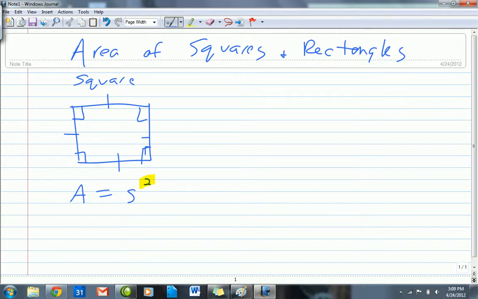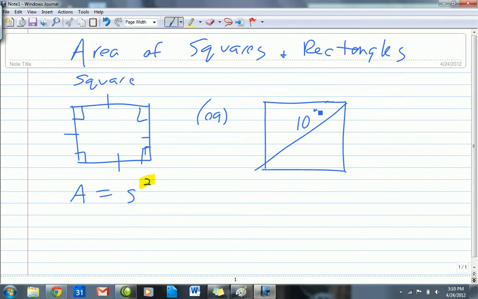So we can look at an example, and let's suppose that we have a square with diagonal 10 inches. And so what's the area? Remember, the area is the two-dimensional space that something takes up. And in order to get the area, I'll show you a little shortcut for this later, but for now, we need to know the side. And so, remember, with a square, the diagonal creates a 45, 45, 90, really two of them. And so if 10 is my x root 2 side, then that means x is my 10 over root 2,